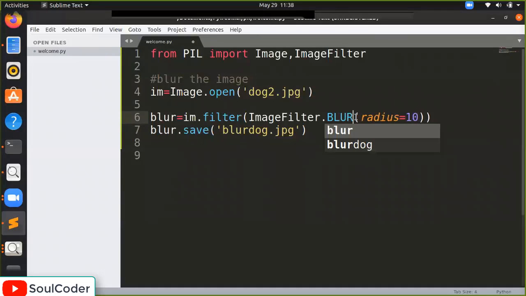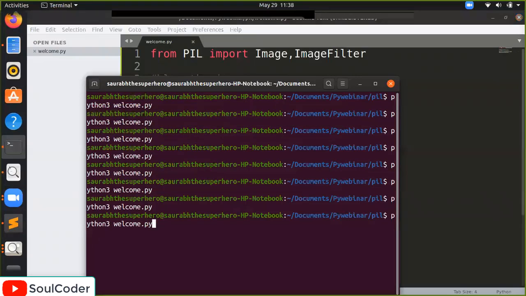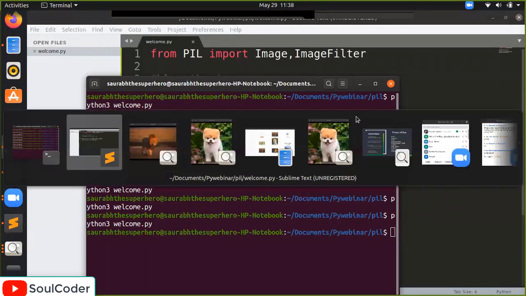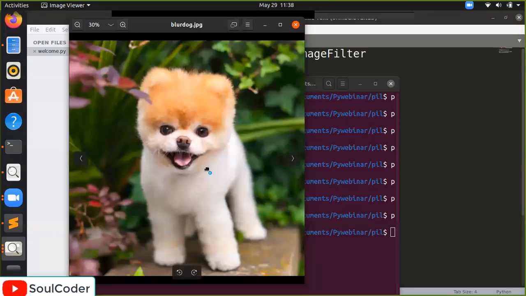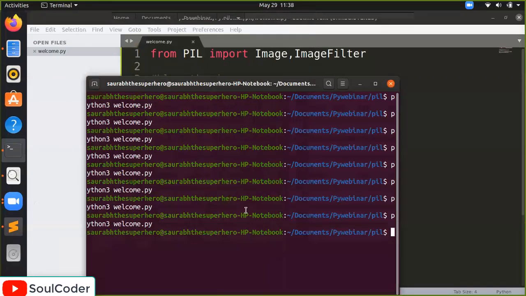This way we can do the blur with Gaussian blur, while the simple blur doesn't have this attribute. If you pass the radius to it, it will give you an error. This is the simple blur. I'm going to save it. There are no errors, and this was the simple blur. There is a slight blur, if you see properly. But I will prefer that you use the Gaussian blur effect, which is nice.